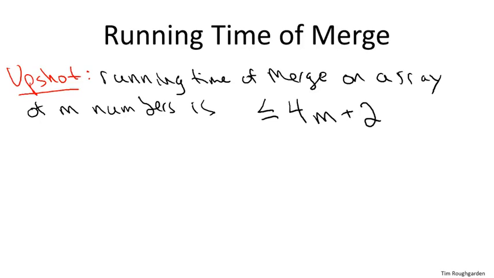The second thing is there's some ambiguity in exactly how we counted lines of code on the previous slide. So maybe you might argue that really each loop iteration should count as 2 operations, not just 1, because you don't just have to increment k, but you also have to compare it to the upper bound of n. Maybe. That would have been 5m plus 2 instead of 4m plus 2. So it turns out these small differences in how you count up the number of lines of code executed are not going to matter, and we'll see why shortly. So amongst friends, let's just agree, let's call it 4m plus 2 operations for merge to execute on an array